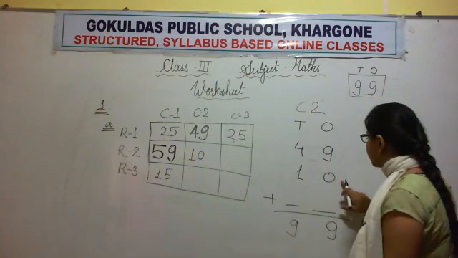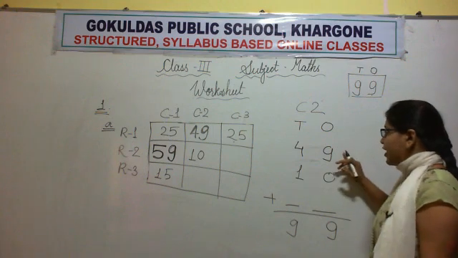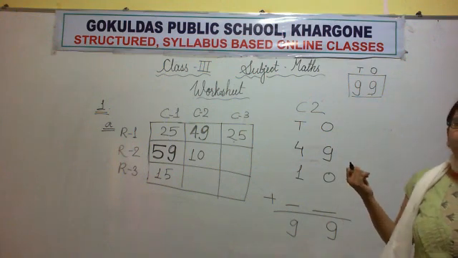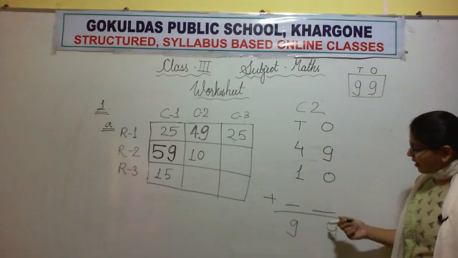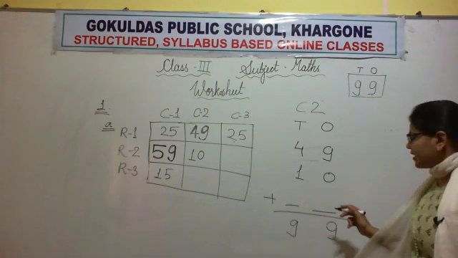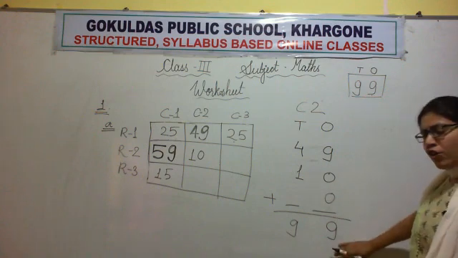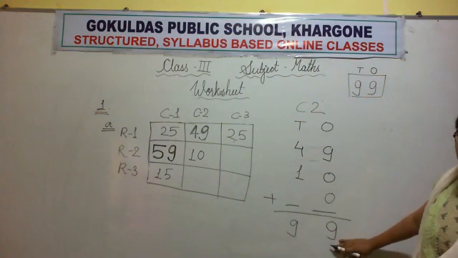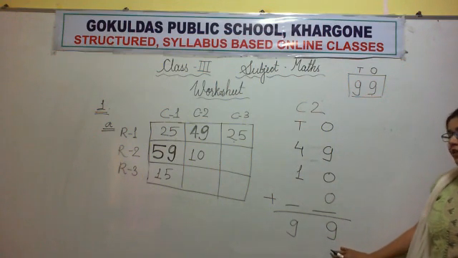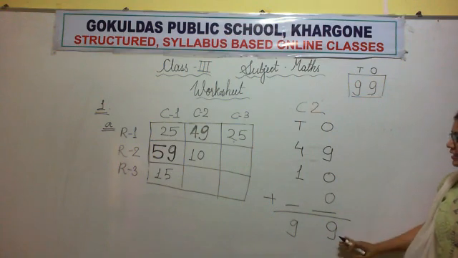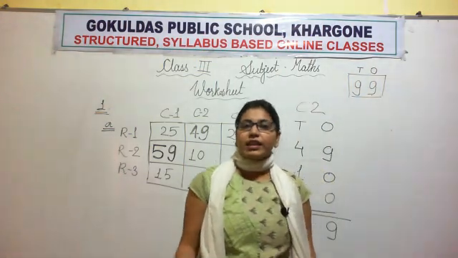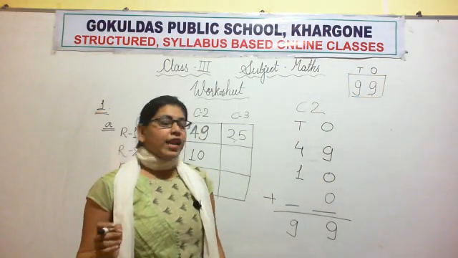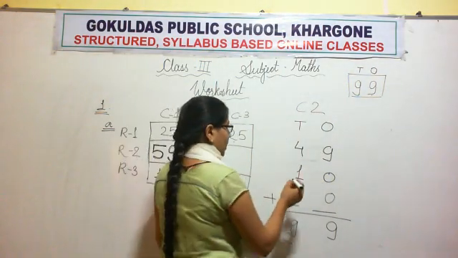Now 9 plus 0, remember 0 property? 9, and what we will add again in here to get 9? Again we will add 0, because we want 9 and 9 is there. So we will write 0, because whenever 0 is added to any number, the result will be the number itself. Now